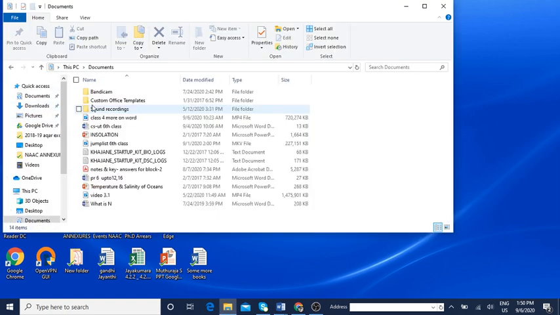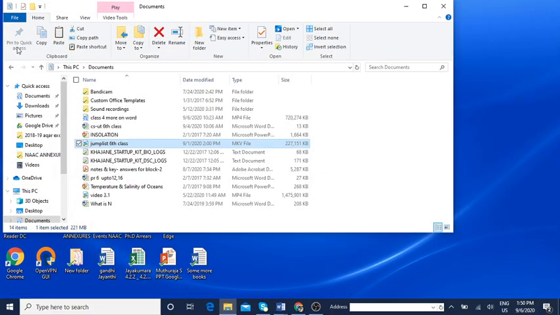Okay, I'll click on documents. Once I click on documents, I want to rename this jump list 6th class. Okay, select that and click on organize. Click on organize. It's already there. Click on this rename. You can rename this. This is how you do using the organize option.